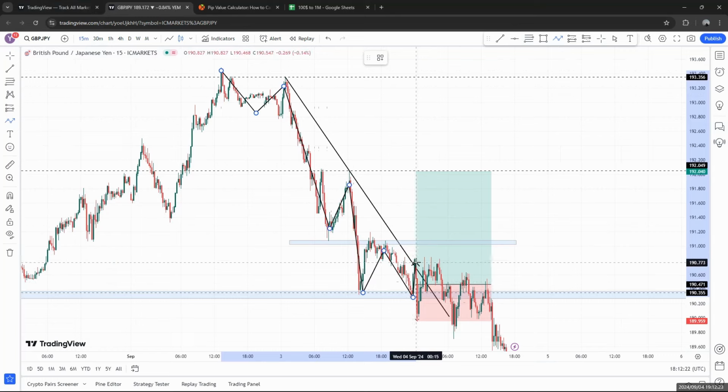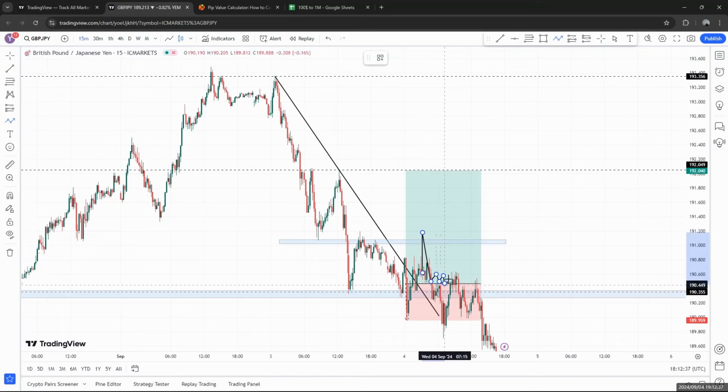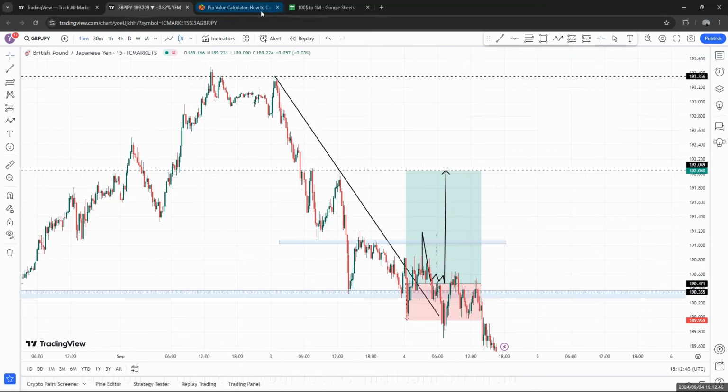So I saw that the market broke the trend line. Then when the market came back again to break the trend line again, I had confidence to join. However, that was not enough for confirmation, right? I was supposed to wait for the break of this, then some sort of pullback, before I buy. And I risked a bit high on this trade. I think I'm down by